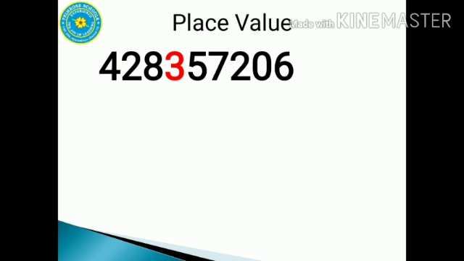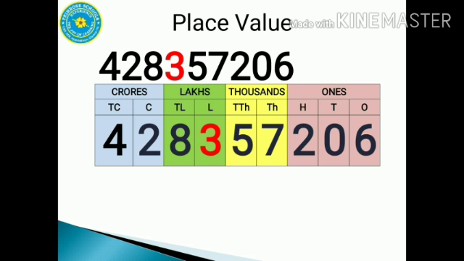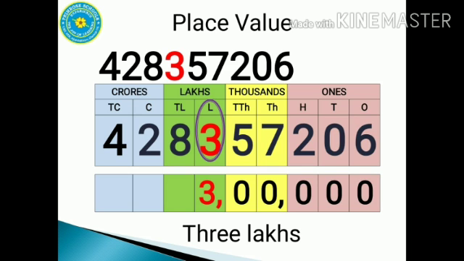Let's first learn how to find the place value of a given digit in a number. Here I have taken a 9-digit number. We are going to find the place value of digit 3. For that, we'll be needing a place value chart. We already know how to draw a place value chart, even up to 10 crores. Let us put the digits inside the chart. So, which place is digit 3 in? Yes, it is in lakhs place. So the place value of 3 is 3 lakhs. How to write the place value in numbers? It's very simple. We are just going to fill in zeros in all places after lakhs.